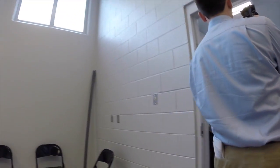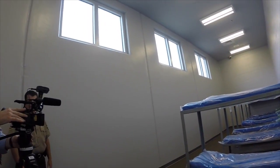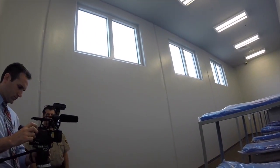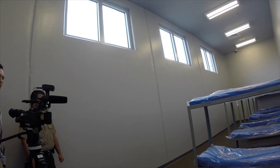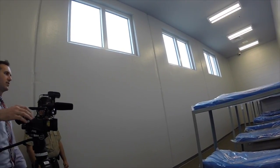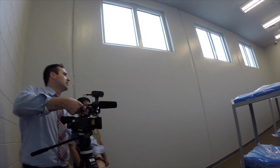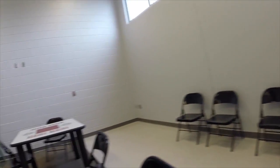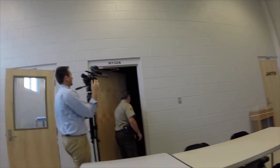Here we go. No bed bugs yet. Not yet. I want to give you an accurate count. It's on your fact sheet, the number of cameras in the facility. That's what makes it really different. Basically, everywhere you go in this facility, you're on camera except for the restrooms and the staff locker rooms. Other than that, you're being camera monitored. So when we ask for security camera footage pending an investigation, chances are there is security camera footage? Yes. Okay. Now this would be a trustee's room? A trustee dormitory. Yeah. This will be their day room, their common area. Their showers, their bathrooms are all